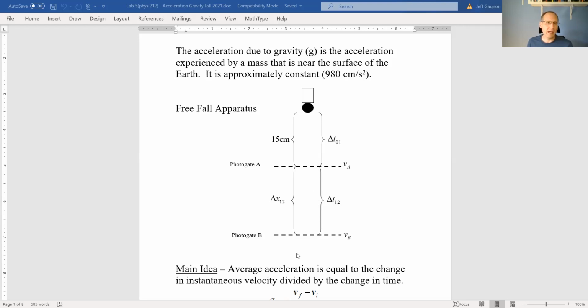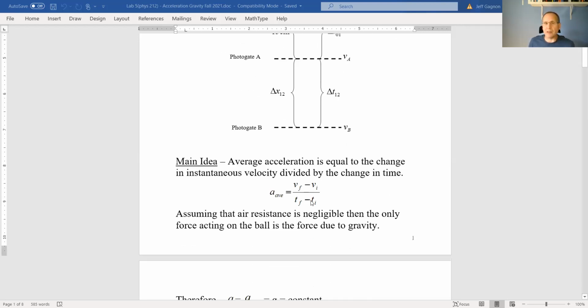So here's sort of the main idea. Remember, the average acceleration in general is defined to be the change in velocity. So it's the final velocity minus the initial velocity divided by the change in time, the final time minus the initial time. However, if we assume there's no air resistance, we know that the acceleration of a ball that's